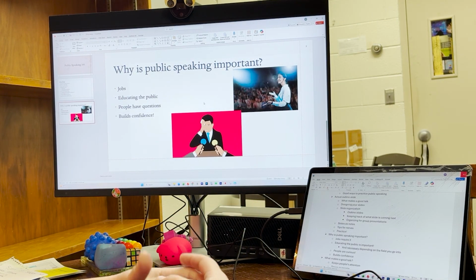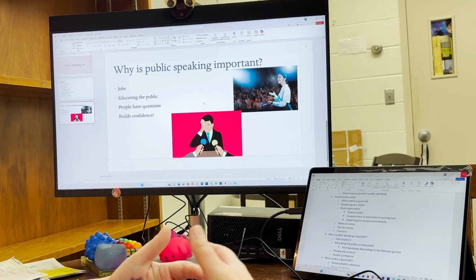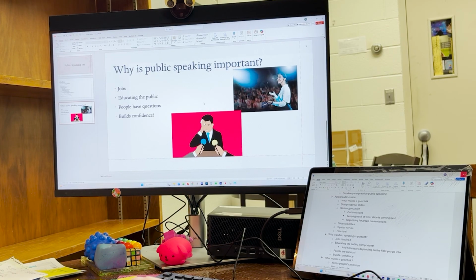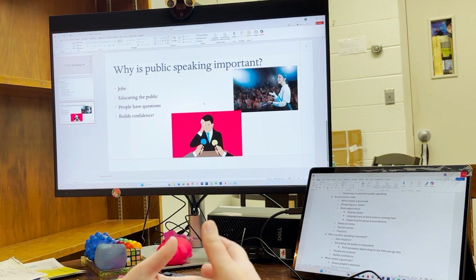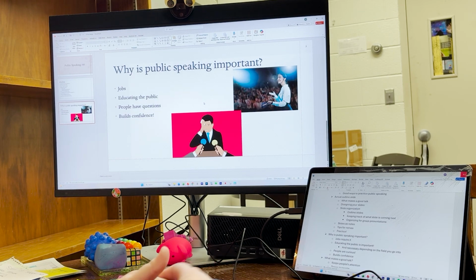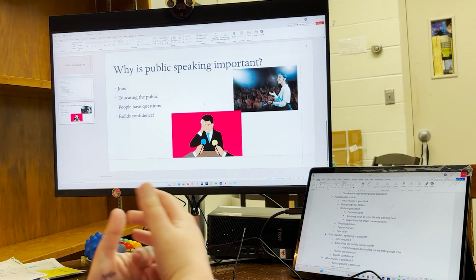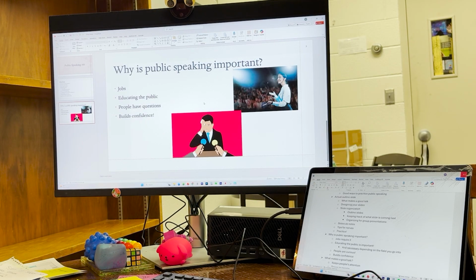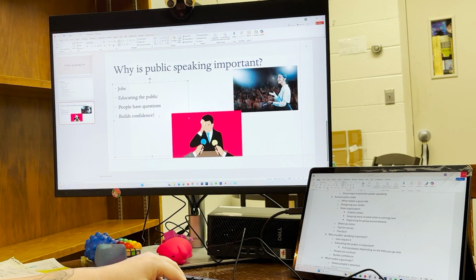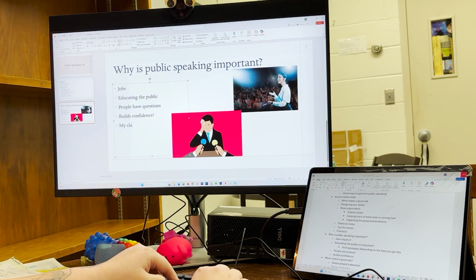participate within a group, which is extremely important in STEM, which is extremely collaborative, where again, we're working with other labs, we're working with people from other countries, we're working with people we met at a conference. We're constantly working within these groups, and we need to be able to speak our own professional thoughts and opinions to these groups. And lastly, if I still have not convinced you that public speaking is important, it's important because